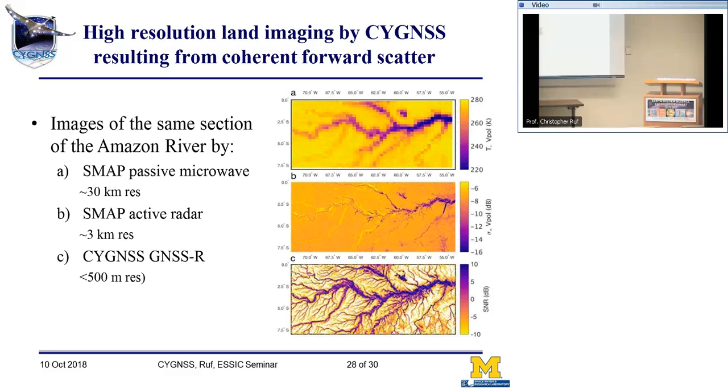This is an image made by the SMAP radar, which worked for a few months and then it broke, I think. But it took some data for a few months. So this is 3 kilometer resolution of the exact same tributary. And then this is the same one imaged by Cygnus. And it's got all these tiny little details here, which are way better than the resolution of this thing. It's actually way better. So 500 meters is, if you're familiar with what's